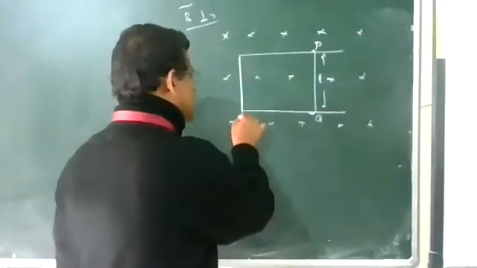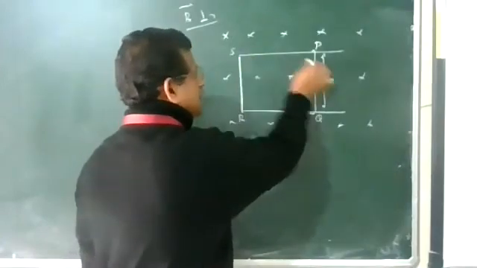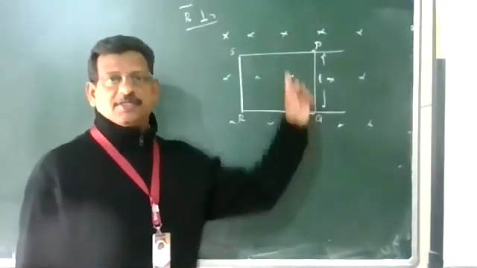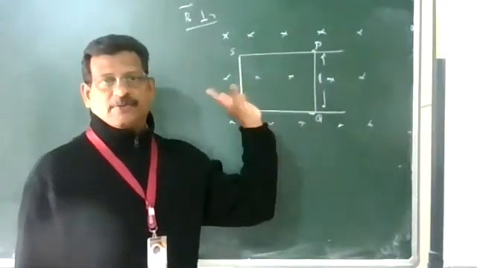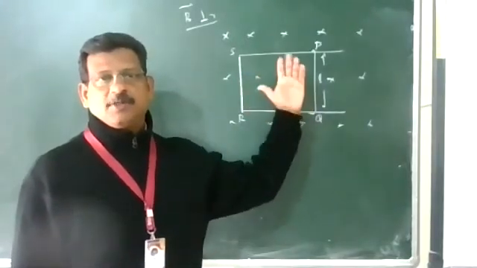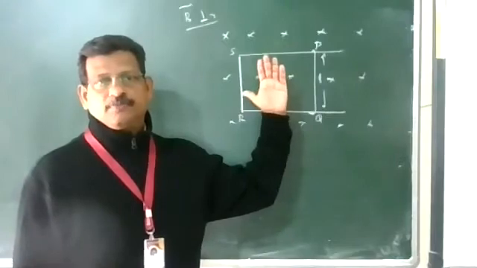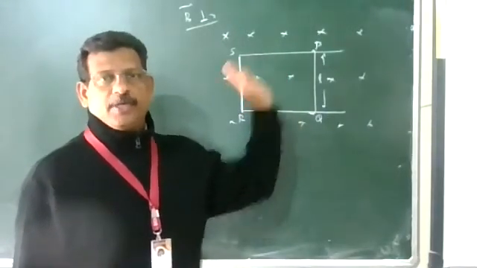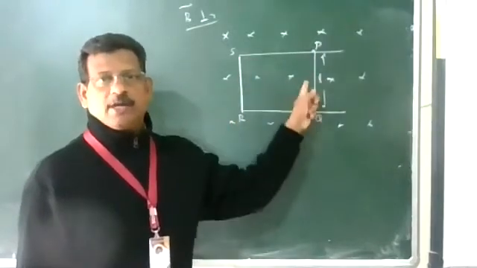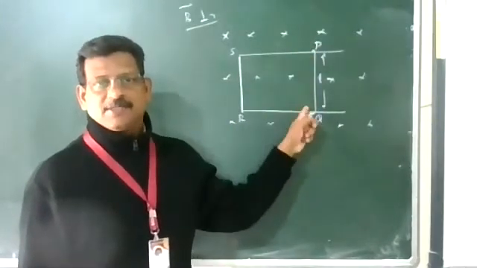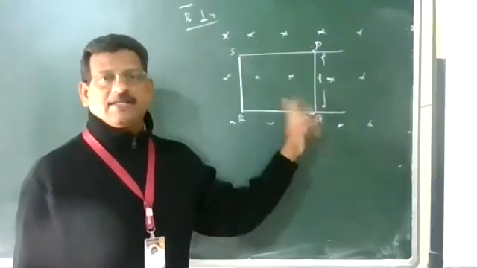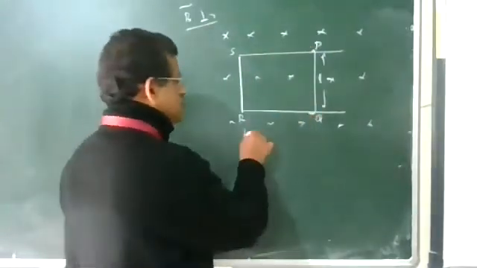Now PQRS is forming a rectangular coil through which some magnetic flux is passing. Maximum flux lines will pass because the plane of the coil is in the plane of the board and the magnetic field is going inside. So PQRS: PQ can move and PQ has some resistance, other parts have negligible resistance. And PQ is of length L. Suppose this much portion is of length X.